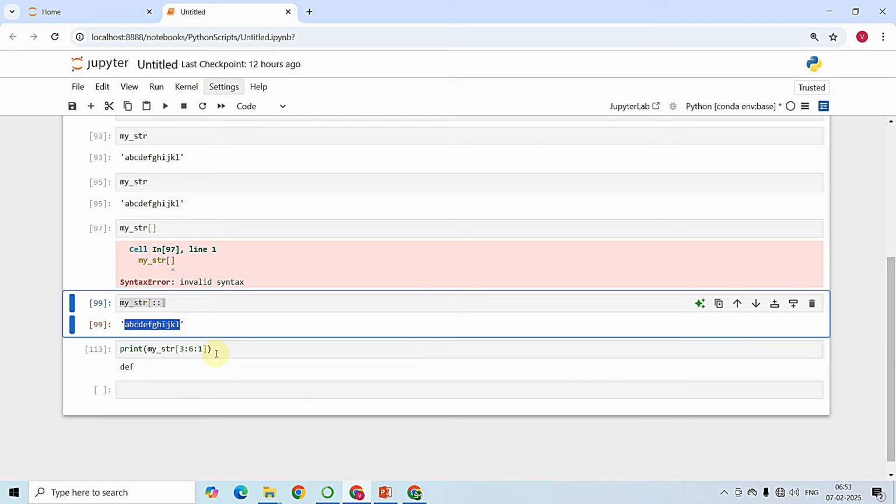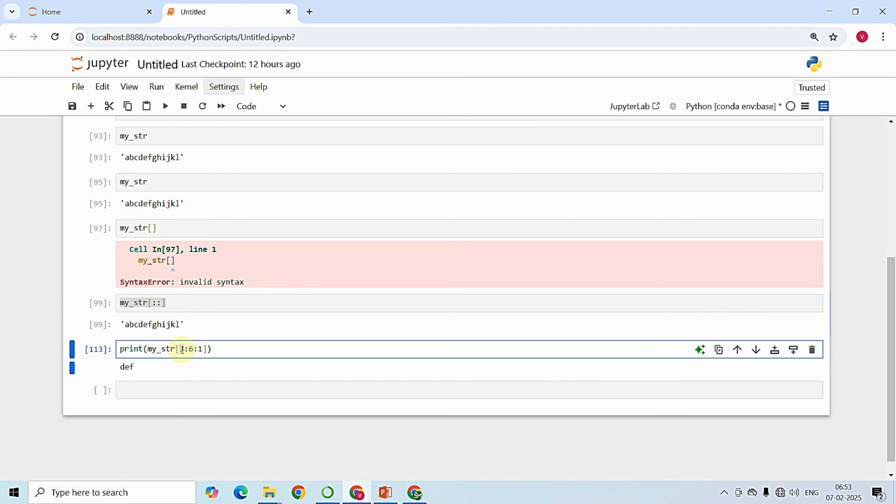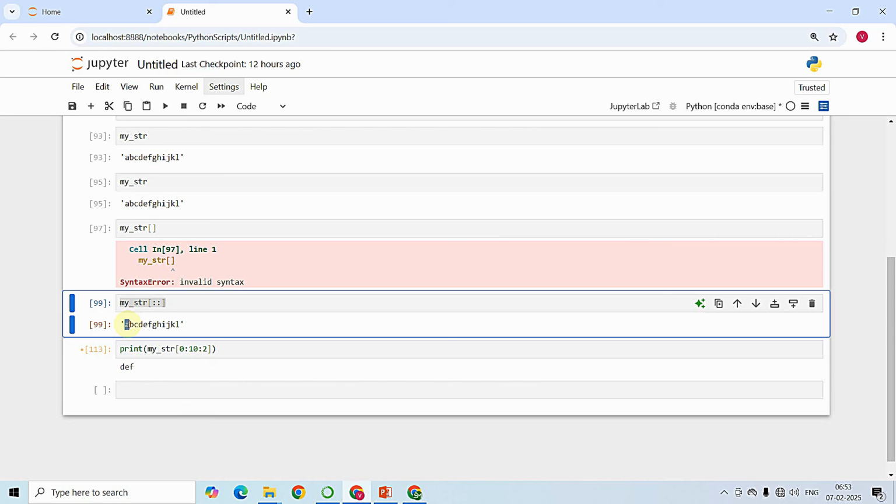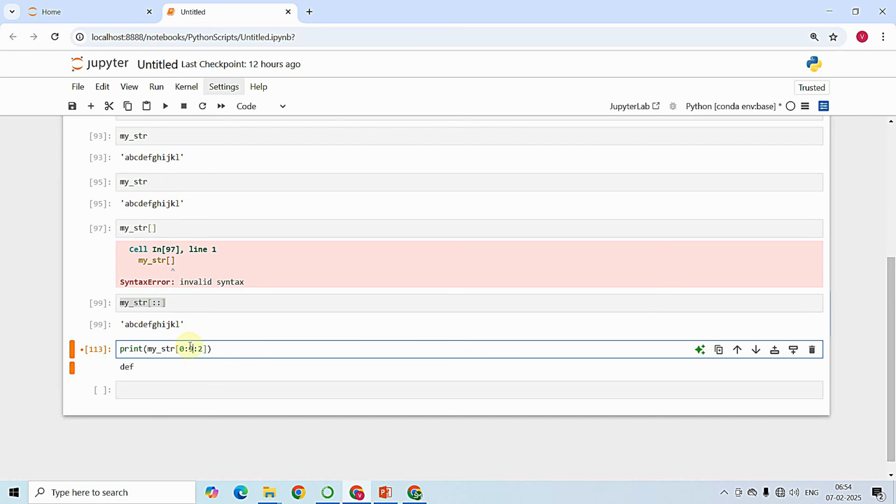So this is how the slicing process works in strings. And when I provide values like the start value is 0, the end value is, let's take it to be 10, but the step value is 2. What happens here is the string from index 0 till the 10th index will be printed only with the step value 2. That is, A will be printed, B will not be printed, C will be printed, D will not be printed, E will be printed, and it goes on like this: A, C, E, G, I, K. So let me give it to be 9. Now when I try to execute this,